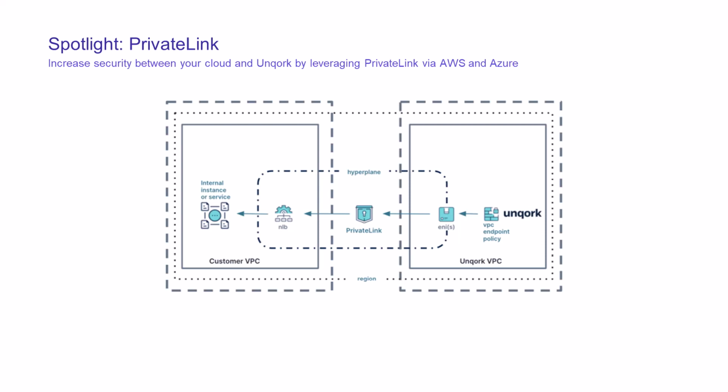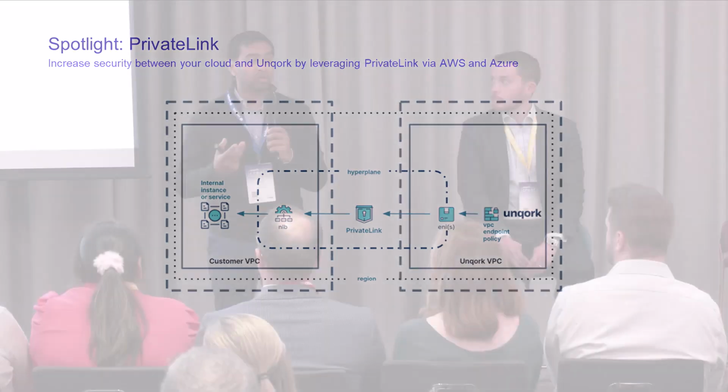For both Azure and AWS, there is the ability to create a private link between your company's VPC and Unqork's cloud so that you have a non-internet facing connection. I think from a security perspective and also from a performance perspective, if you're co-located, especially within the same region, you have a tremendous amount of opportunity to really build an Unqork application that utilizes all of your existing services, and it doesn't really feel like it's a third-party cloud solution. It really feels like it's part of your existing architecture as it is.